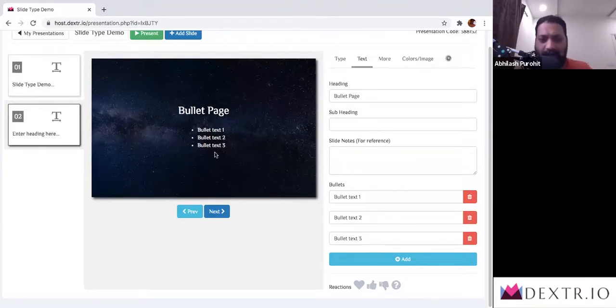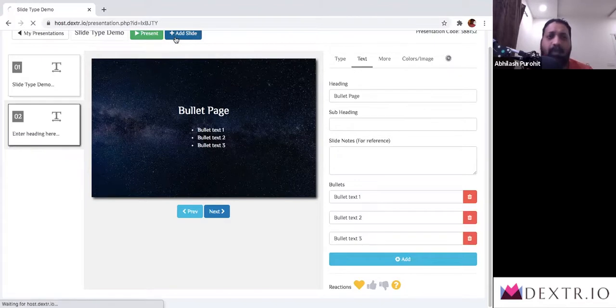As you can observe, again, there is no saving involved in this. This is instantly saved to the database. This is the second type of page, which is the bullet page. Once again, you can enable any number of icons out of the 4 that you have. You can have only 1 icon, 2, 3, 4 icons. The value of these reaction icons will show in a bit once the participants start interacting with it. That would be the second type of slide.